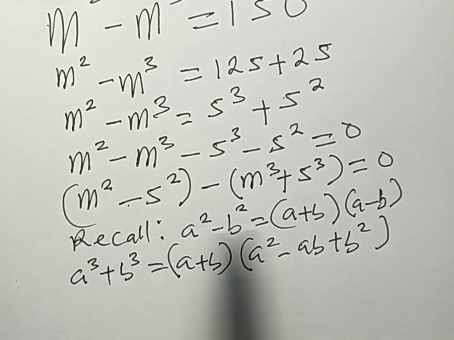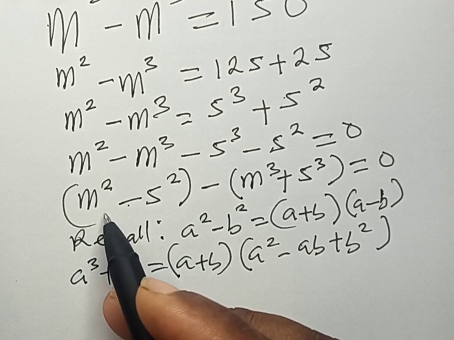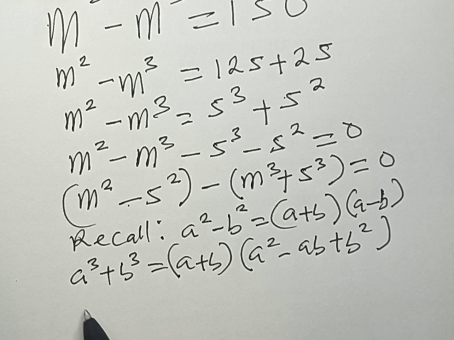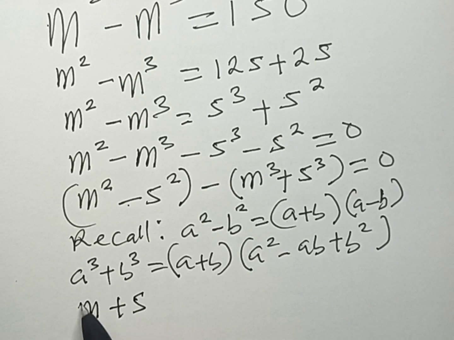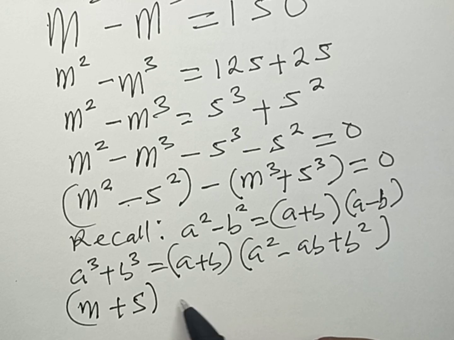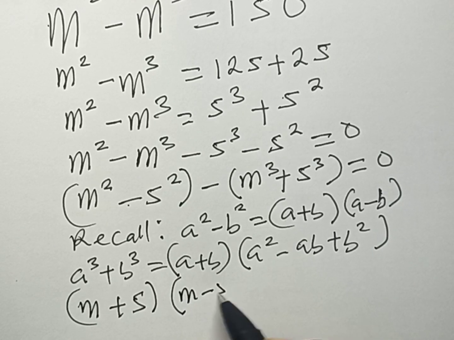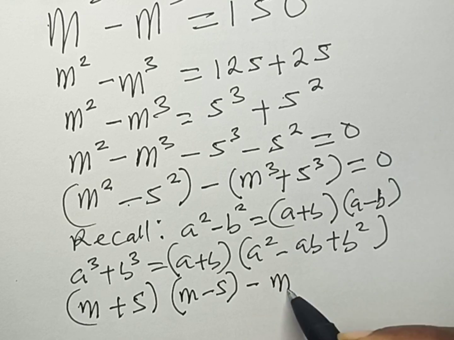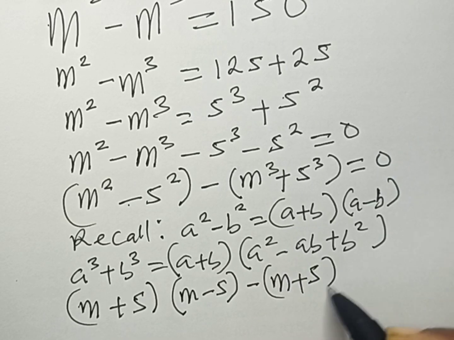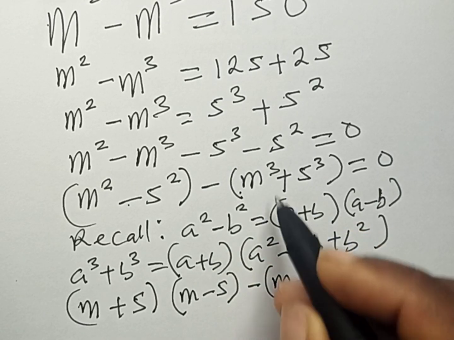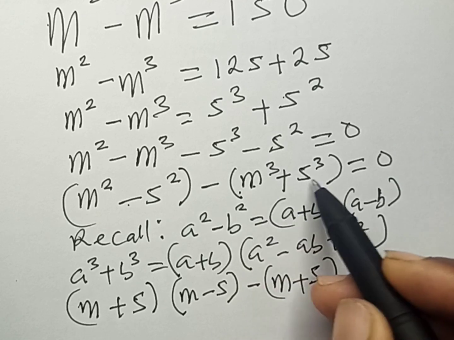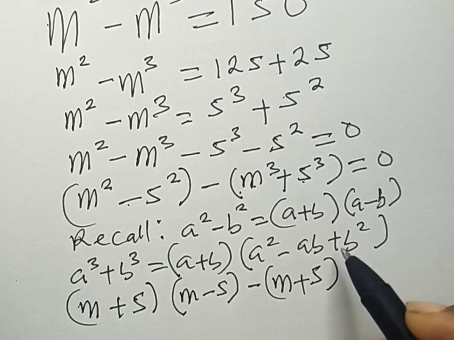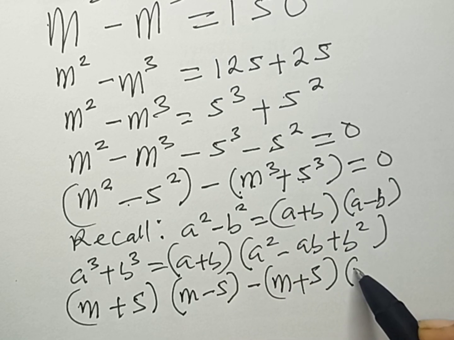So if we apply it here, we can write this as m plus 5, m minus 5, minus m plus 5 here for this particular one, because a now represents m and b represents 5, into